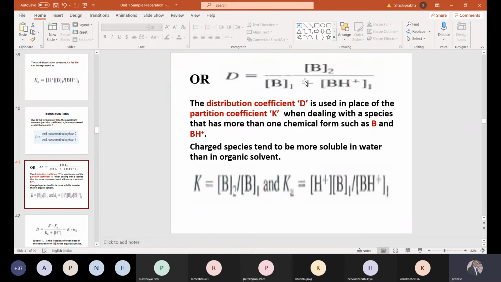each term by B1. So this will be B2 by B1, so this will be K. B1 by B1 will be 1. And this will be BH+ divided by B1. So we have K here, we have 1 here, and plus this. Now BH+ divided by B1,